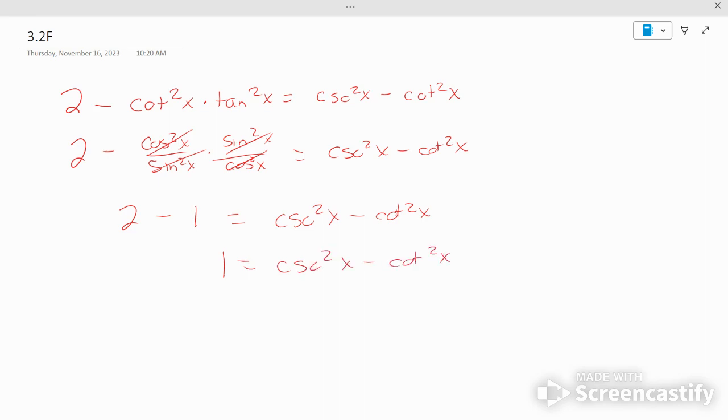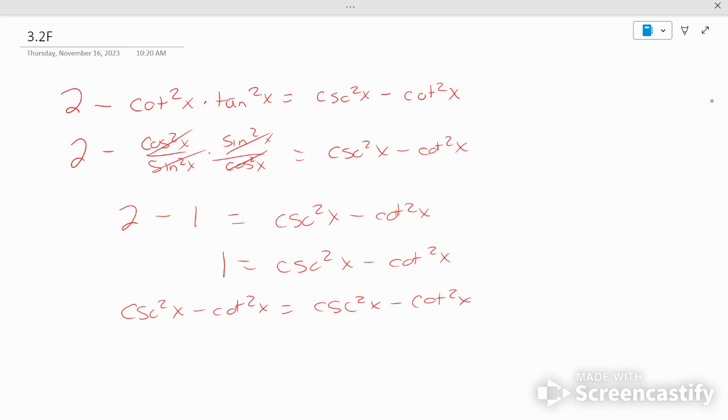And at this point, you're saying, well, can't we just simplify the right-hand side too so they both equal 1? No, not by Mr. Bierschbach's rules. No, you don't get to do that. So 1 is the same as cosecant squared of x minus cotangent squared of x. And you're going, what are you talking about, Mr. Bierschbach? Well,